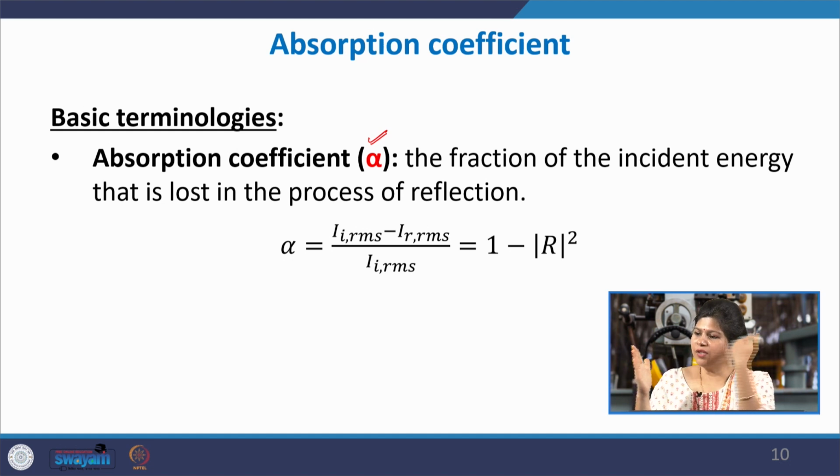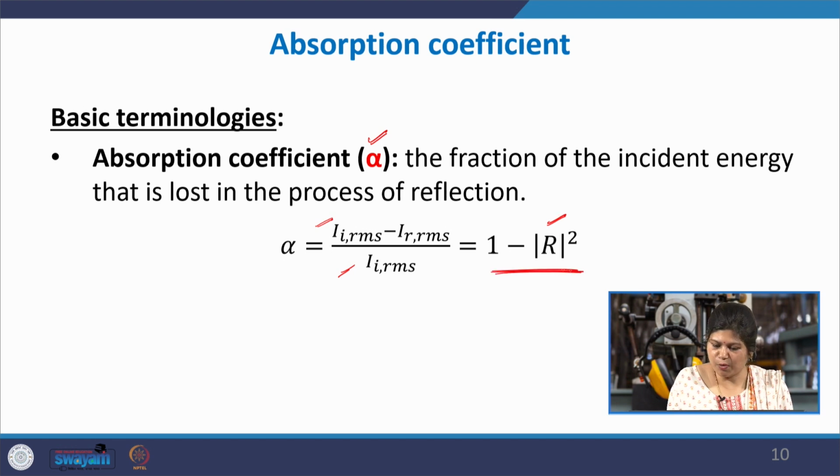So, you are just using the reference of medium 1. It hits, and then there is some loss in the energy while returning back. What is that loss as a fraction of the incident energy? That gives you the absorption at the surface. So, it becomes the difference in the intensity of the incident and the reflected wave divided by the incident wave in relative terms. If you do this, it is 1 minus IR RMS by II RMS. This is Ri, which is simply mod R whole square. So, this becomes another important relationship.